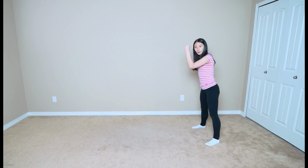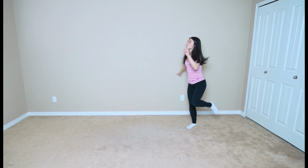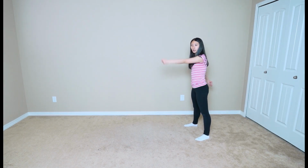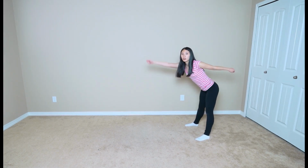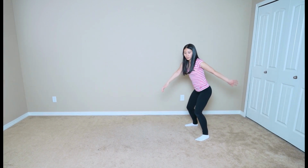Then we're going to hop. So now we're facing to the left. So we're facing right. We're going to turn left, feet hip distance. We're going to bring your right hand again in front. Again, we're going to do a little shake with our legs. We're going to swing our left arm forward, right arm back. Then I'm going to pick up my left foot,